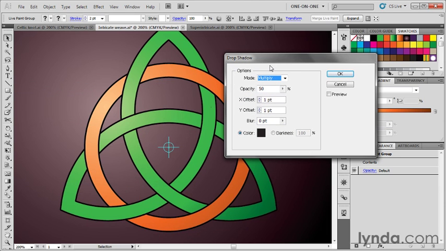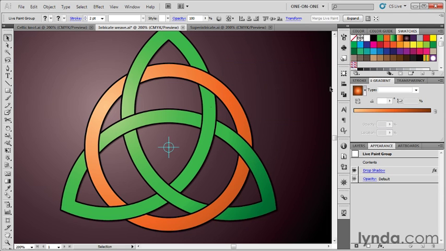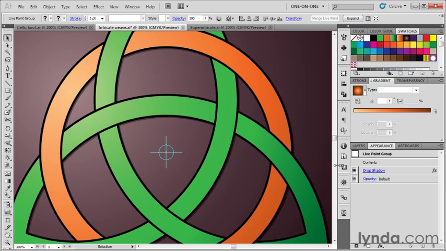And these are the settings that I applied. So mode set to multiply, the color is black, by the way. Opacity 50%, X and Y offset both 1 point, blur 0. Turn on a preview checkbox and you'll see what happens. So it's just a slight amount of depth there. Click OK. So to just give you a sense of what happened, because it's pretty subtle actually,